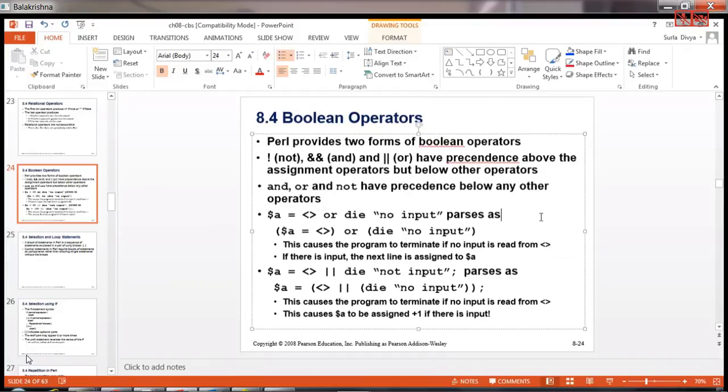For example, in the if condition, if $x is equal to 4 and $x less than 5. So what will happen is $x is equal to 4, okay, but if the and symbol is true, automatically the condition is evaluated. After and is evaluated, then only it will come to the assignment operators.